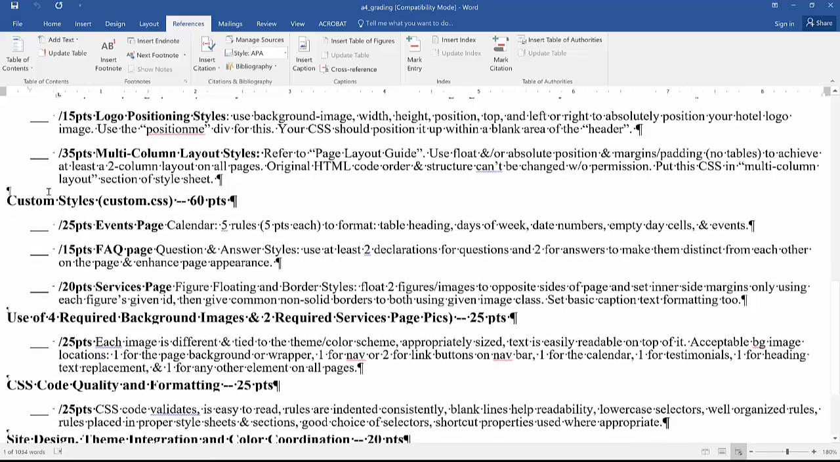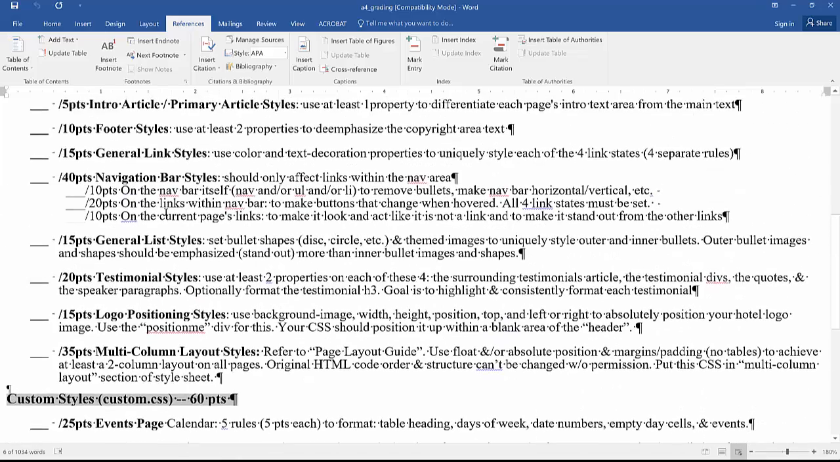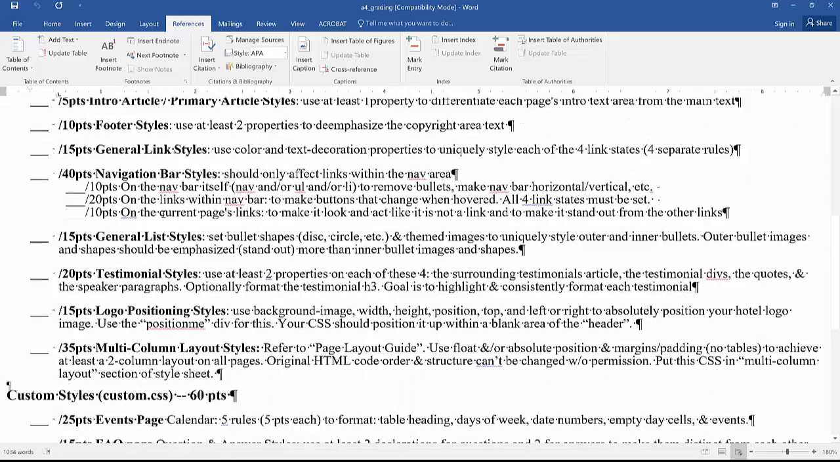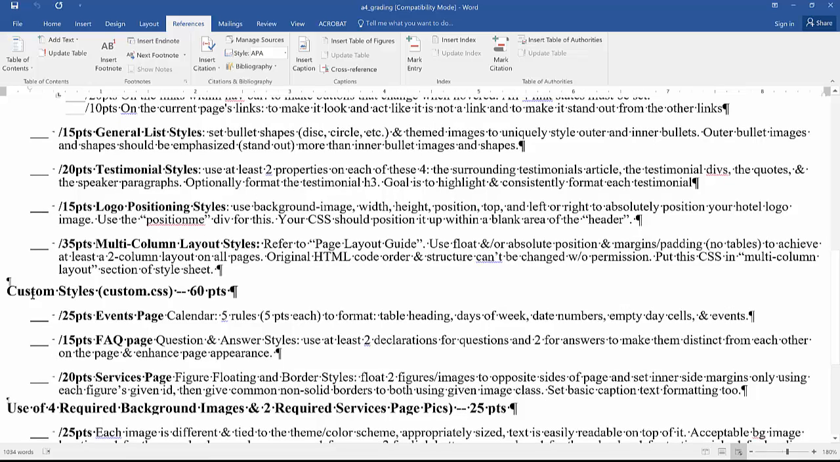And then the third main section here is called custom styles. Those styles go into a separate style sheet called custom.css, and the difference between common and custom is just that the common portion up here, those are styles that affect every page in the website. There are 6 pages in the hotel website, and then custom styles are styles that you are writing to make changes in the formatting of a particular page